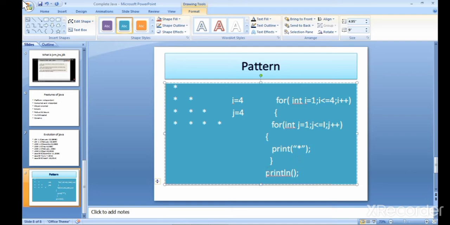Then it uses a println for a new line, and after that it goes to the first for loop, where the value of I is equal to 4.